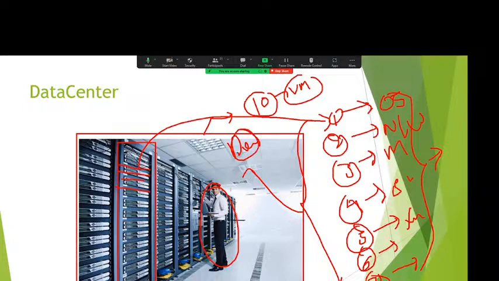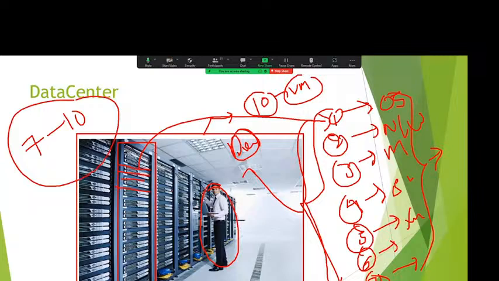Now, to complete this process, it will take a minimum of 7 to 10 days. Why? Because we have to submit the request. It should be approved by the manager. Then it goes to the data center team. The data center team should allocate the space for these 5 servers, depending on business requirements. Then installation, configuration, management, verification, checking security and vulnerabilities. To do all these things, it will take a minimum of 7 to 10 days.